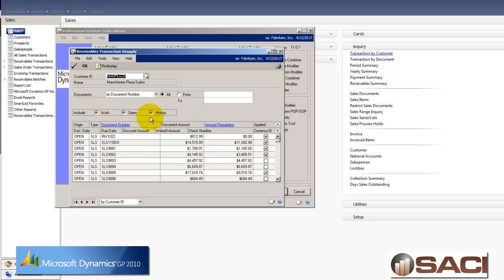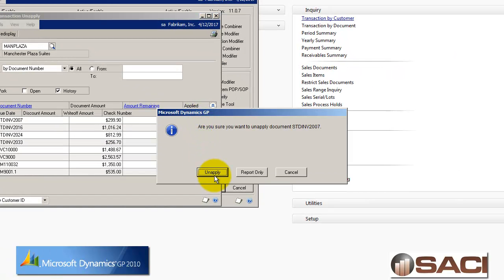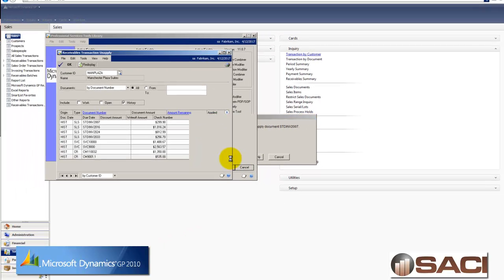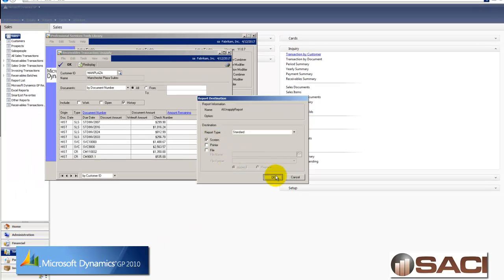And I can see my work open in history buttons. I'm going to just show the history buttons. There's my invoice that ends in 2007 for $299.90. I want to unapply it, and when I unclick the button for applied, I can either just print a report and see what would happen as a result, or I can unapply it. I'm going to choose to unapply it,